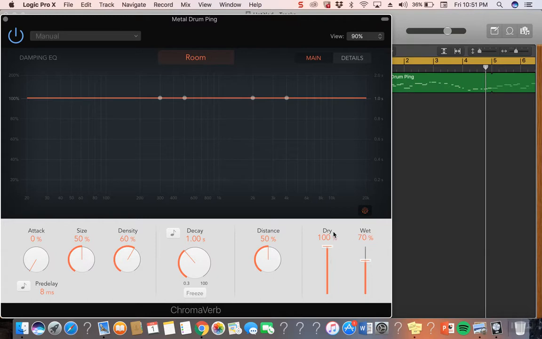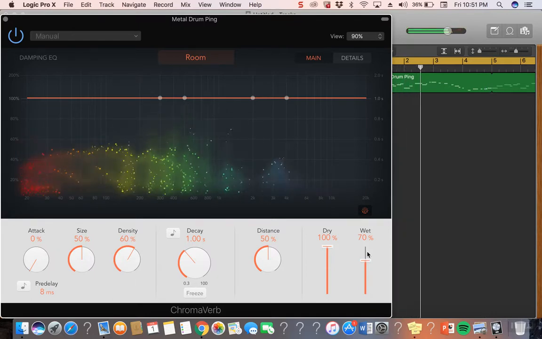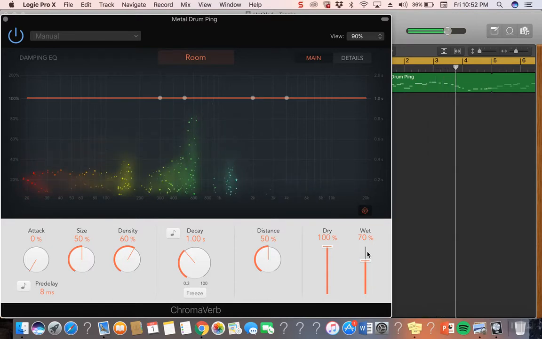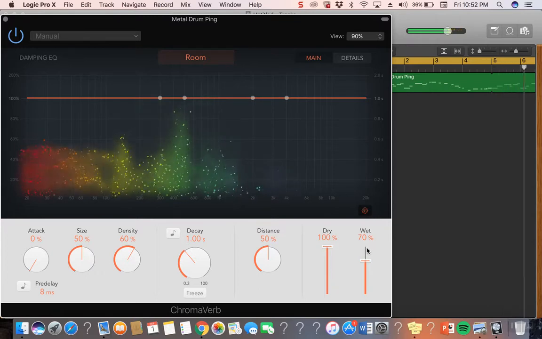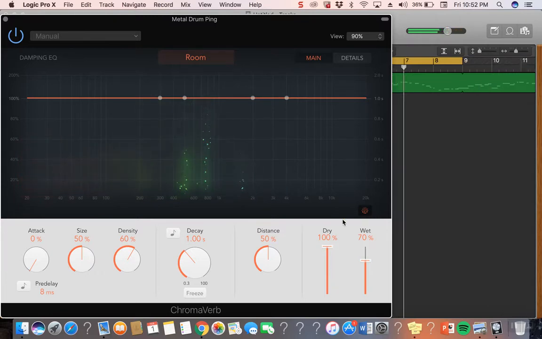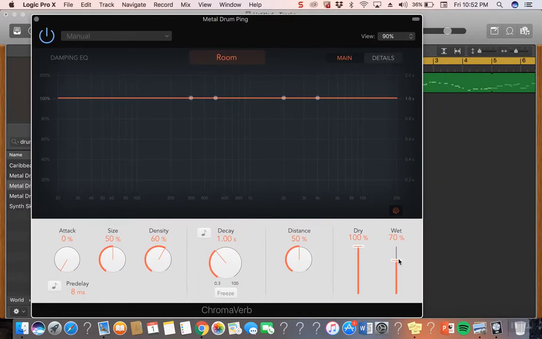So you kind of have your dry version. If you want it completely saturated with the filter, you can have it 100%. Now it's kind of at 70, so let's hear how it sounds. Cool. Yeah, I dig that. I dig that. And, you know, if you were going to make it even more,